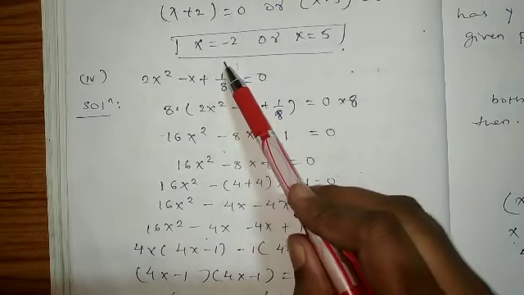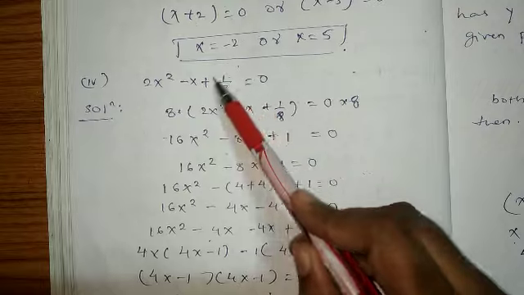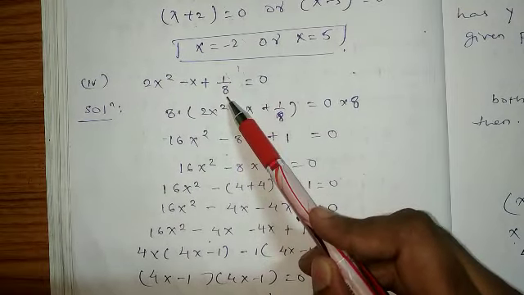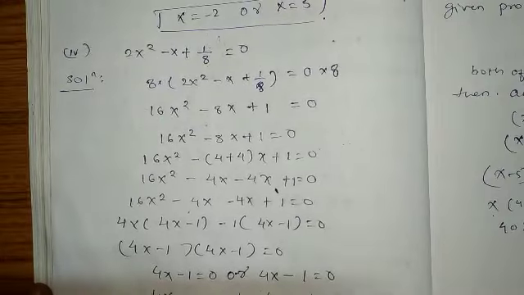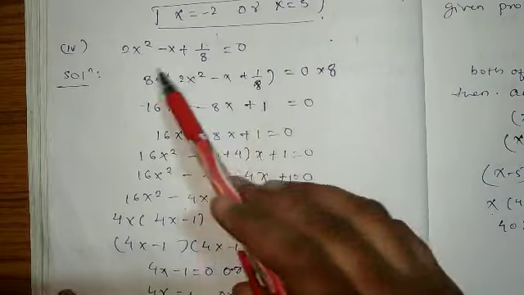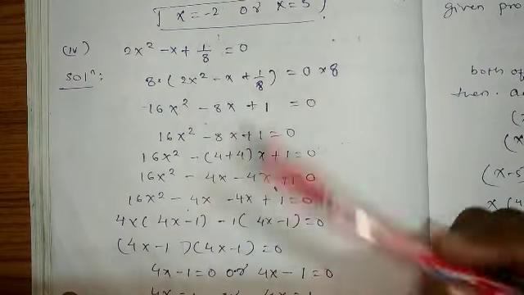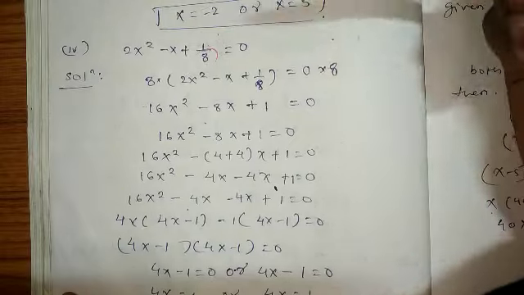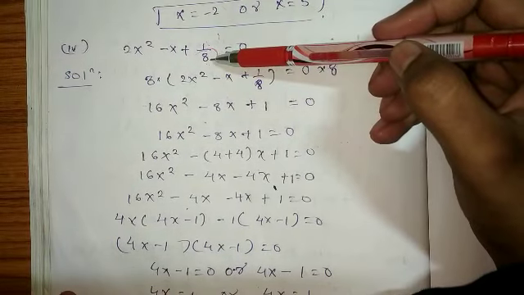This is because here is a factor. Here is a fraction. This is 1 upon 8, and 1 upon 8 is a fraction. So how to solve this type of question? It is very simple also. You just have to multiply with this number 8 both sides of this equation. For example, this is number 8.